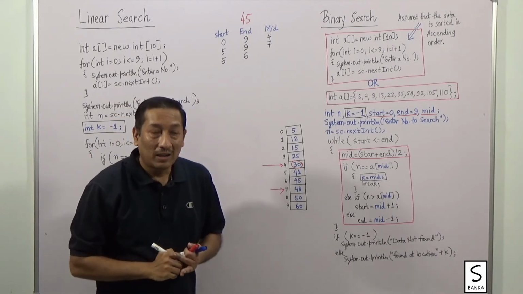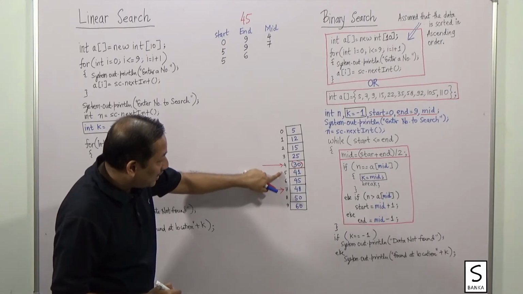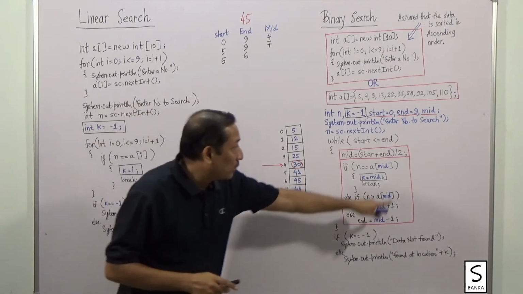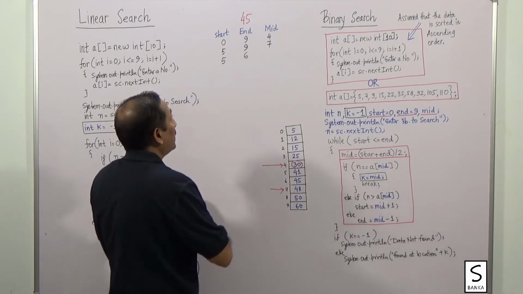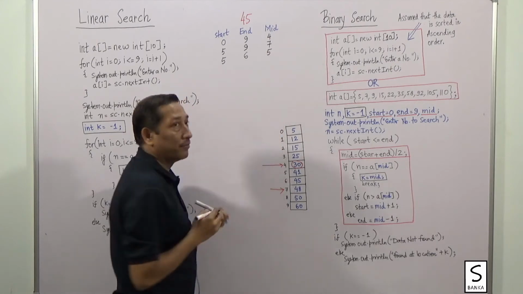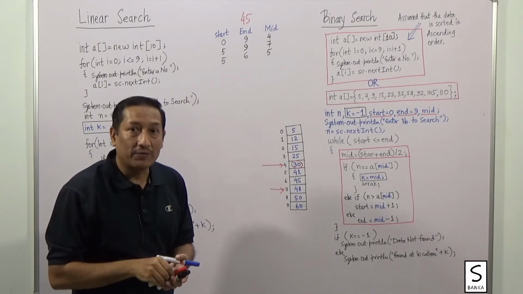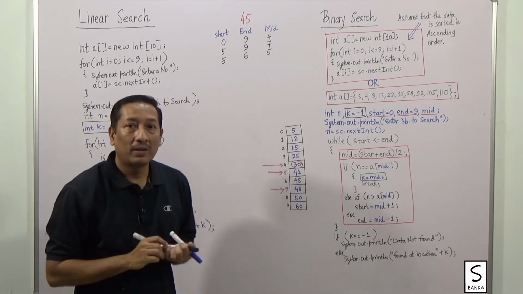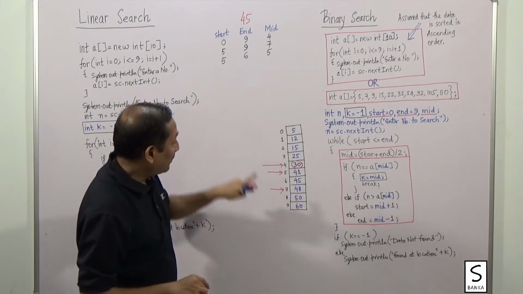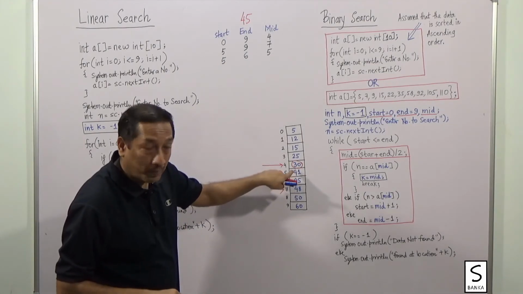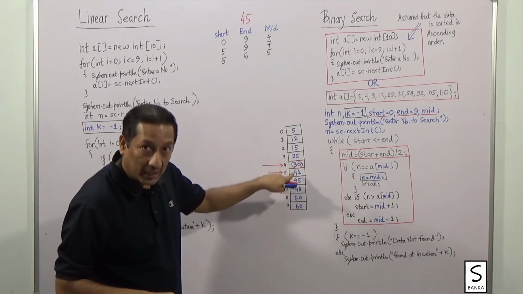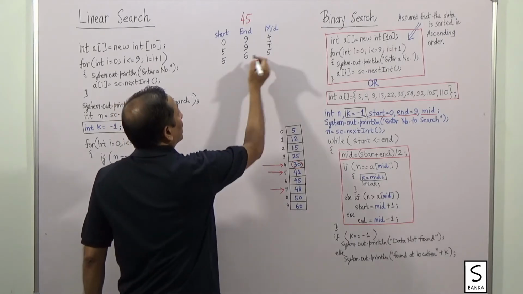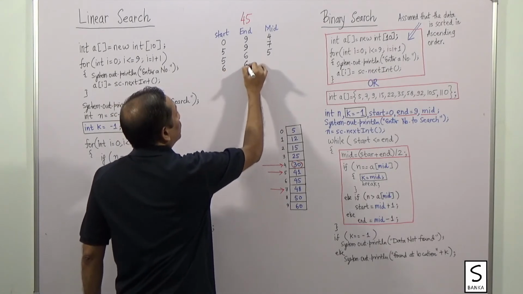Now you see, if my data is there, it is in this range, otherwise my data is not there. Now this new range 5 and 6, next round, we again find the mid. 5 plus 6 is 11, 11 by 2 is 5.5, but integer division gives you 5. So this is the new mid that you get. Is my data 45 at A5, that is 41? No. Is 45 greater than 41? Yes. So we again change the value of start, and the value of start now becomes mid plus 1, that is 6. End is also 6.